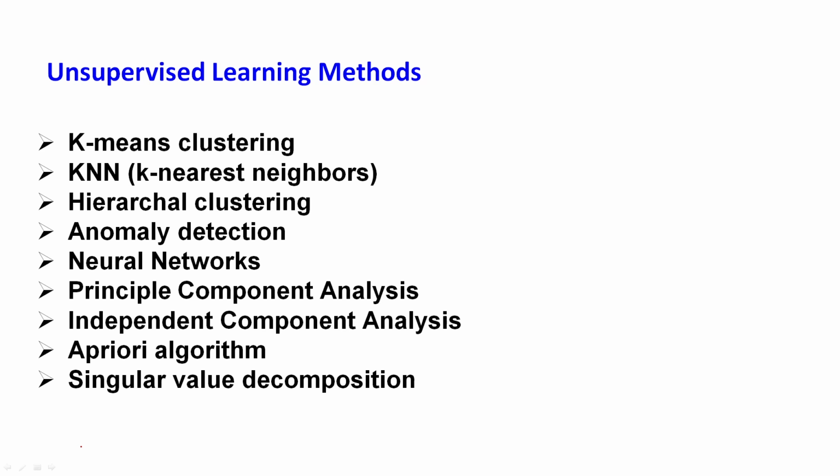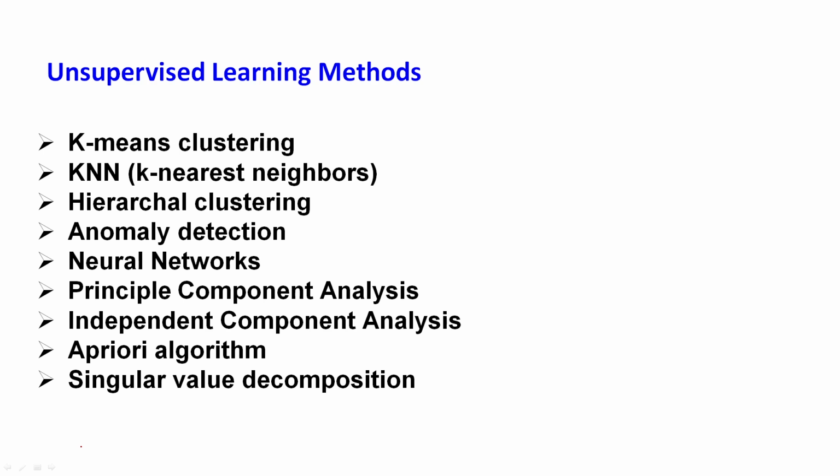There we have different kinds of methods we already discussed, like KNN, which we discussed 3 lectures before. Then in the last lecture we talked about k-means clustering and also hierarchical clustering. We have also discussed neural networks or ANN methods, but there are many more, like PCA, principal component analysis, independent component analysis, ICA, or Apriori algorithms and singular value decomposition methods. I will not get time to discuss each of these techniques, but it is all available in literature. You can get into books or even internet literature and understand that, but I am discussing only a few methods specifically.